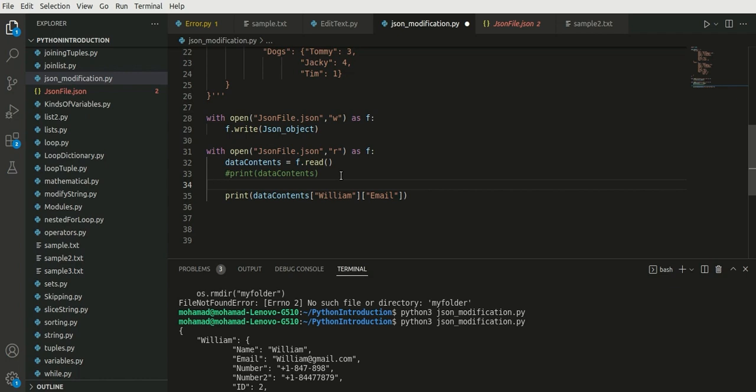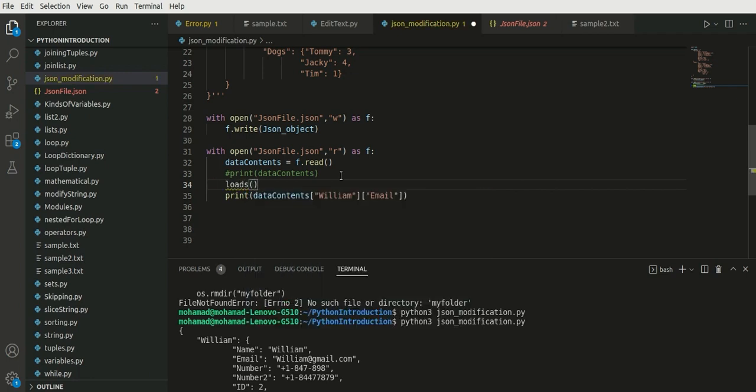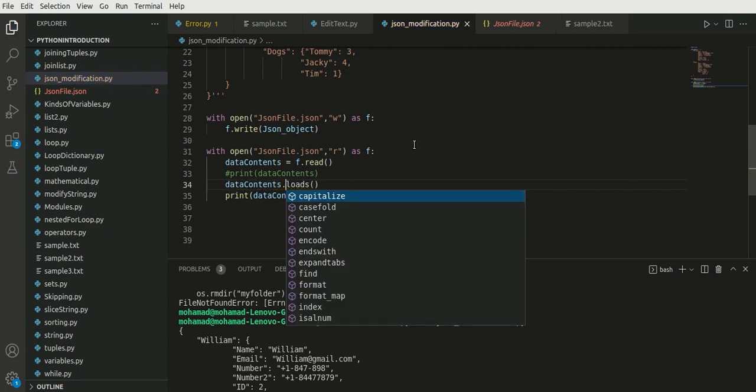Here, alternatively, we use the loads method. So we use loads on data contents, data contents dot loads, and